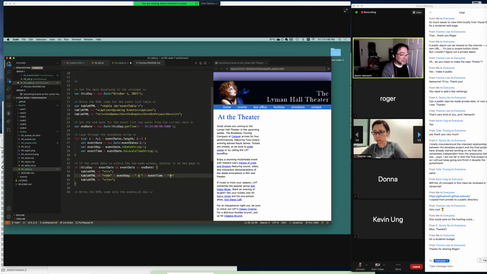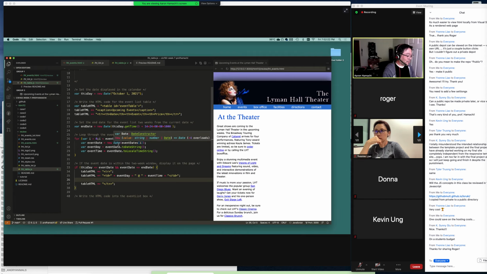We close the TD tag. Is that making sense so far? So we're taking that TD tag and whatever value for event day is there, and then that literal string there, and then the value for event time, and then that table data right there. Then we're writing that line out